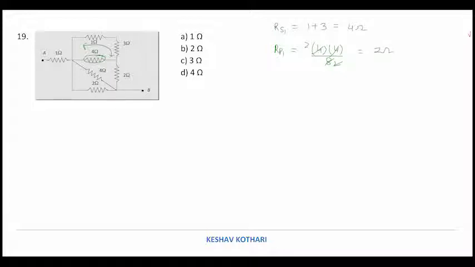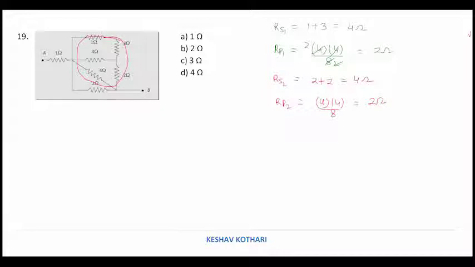Now the 2 ohm, which is the effective value for this entire network, I can replace with 2 ohm. So that 2 ohm and this 2 ohm are in series with each other. So I write it as RS2. This is equal to 2 plus 2, that is equal to 4 ohm. And the 4 ohm and 4 ohm are again in parallel with each other. So I write it as RP2, 4 upon 4 plus 4, that is 8, again we get a value equal to 2 ohm. So I mean to say that we can replace this entire circuit till here with a resistance of 2 ohm.